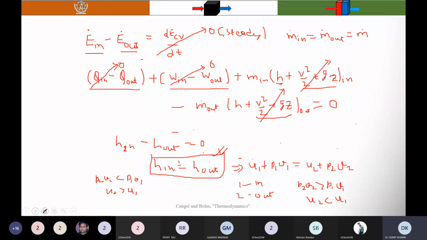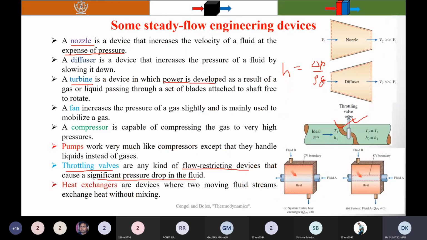So you should remember this throttling, and this concept is used in throttling expansions, which is very important in the cryogenic system. So for throttling, you should remember what the process is. You know that when there is no heat transfer or work transfer, and neglecting the kinetic energy and potential energy, then the enthalpy at the inlet is equal to the enthalpy at the outlet. So during the isenthalpic process, we may not necessarily get a temperature drop. There are some conditions, which I will discuss when I discuss the Joule-Thomson expansion.